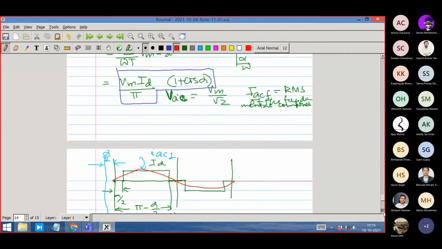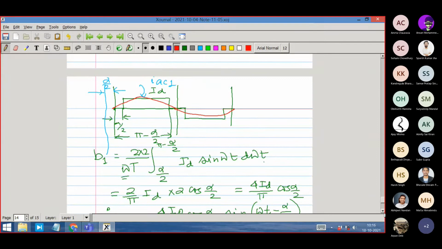due to the semi-bridge converter, once you look at the waveform and see the symmetry of the waveform and how the symmetry can be established, this is odd wave symmetry we are establishing, so that it can be expressed only using one Fourier coefficient B1. We don't need to calculate A1. And when we do that, from observation itself, we can see that the fundamental component of the current is shifted with respect to the voltage by an angle alpha by 2.